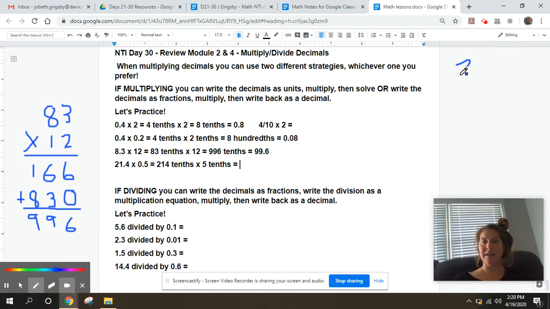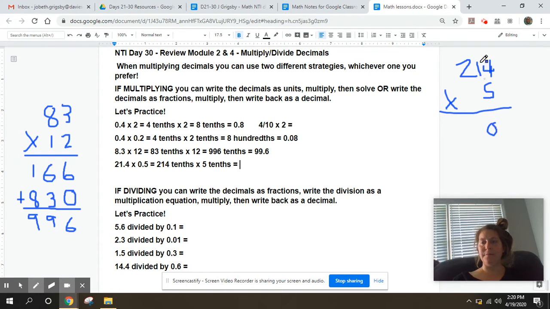So I'm going to go over to the side, and I'm going to multiply 214 times 5. All right, so 5 times 4 is 20. 5 times 1 is 5, plus 2 is 7, and 5 times 2 is 10. Sorry, that looks like a 7 there. I'm going to fix that really quick so we're not getting confused. There we go. All right, so I end up with